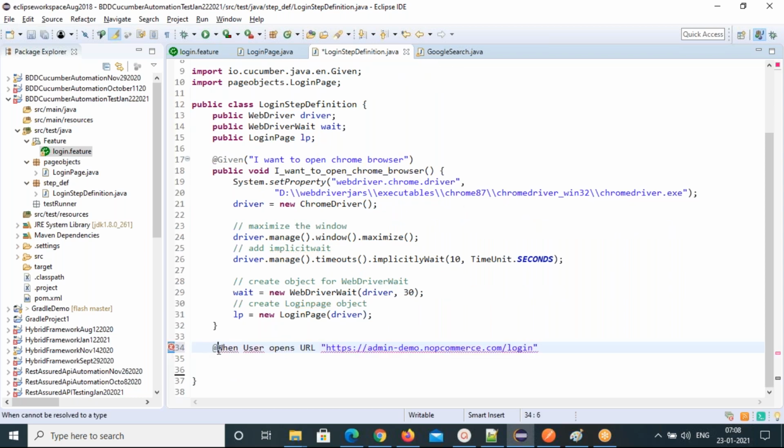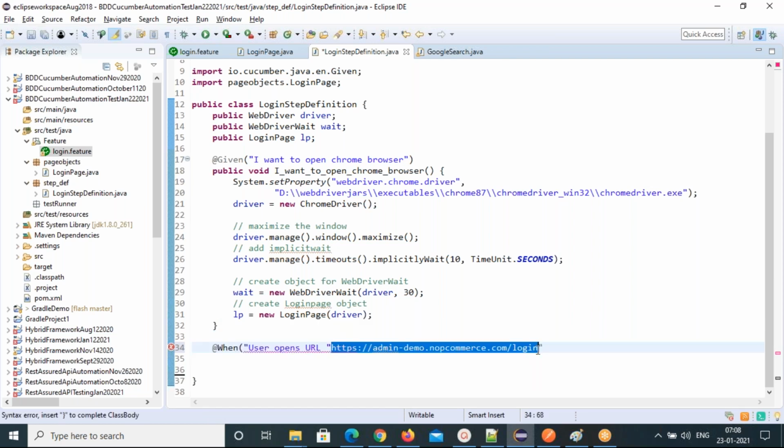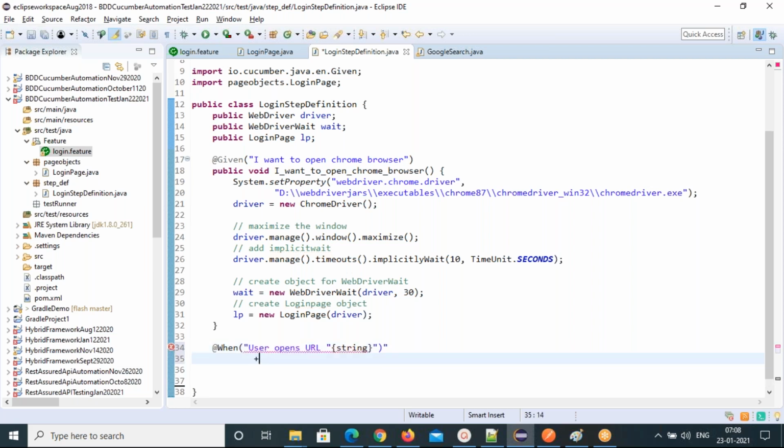Put @ and then here you start with the double quotes. Whatever is there in this double quote that you replace, put in the curly braces region, and here you write string, then close this. So this is what we need to do. The double quotes you don't need.